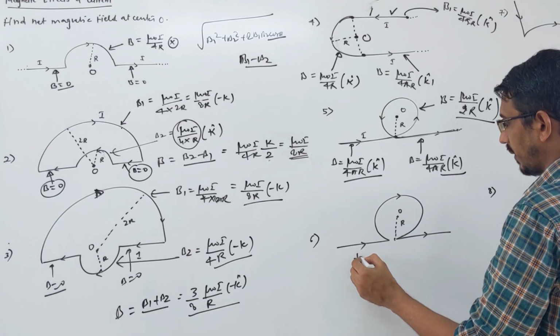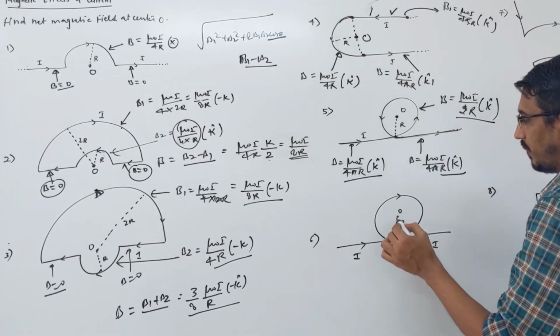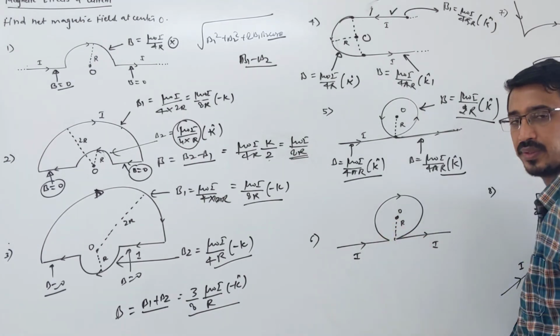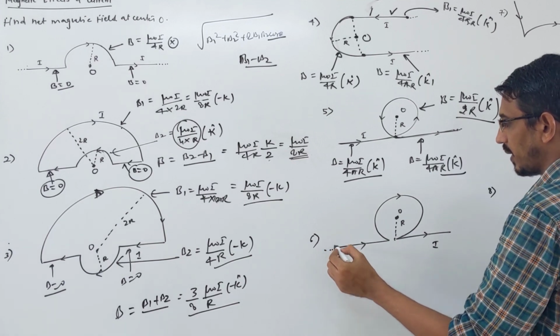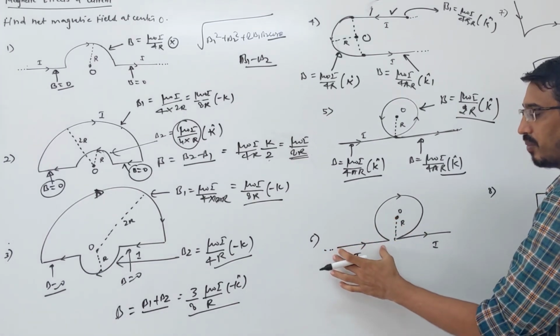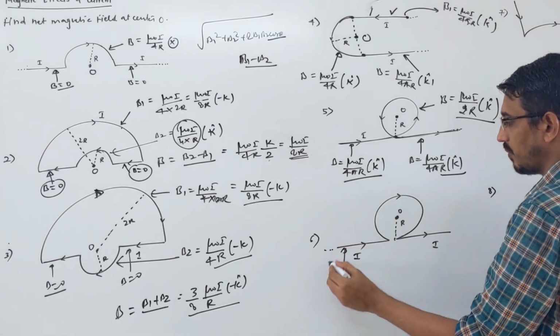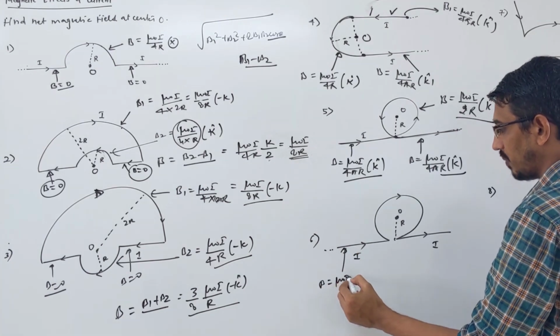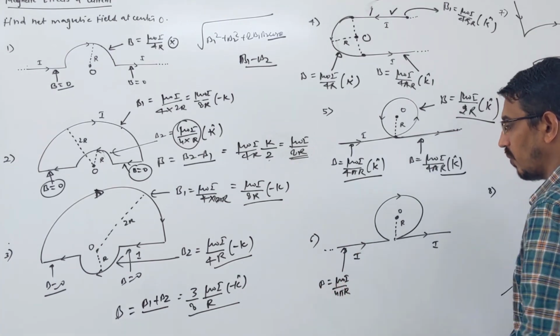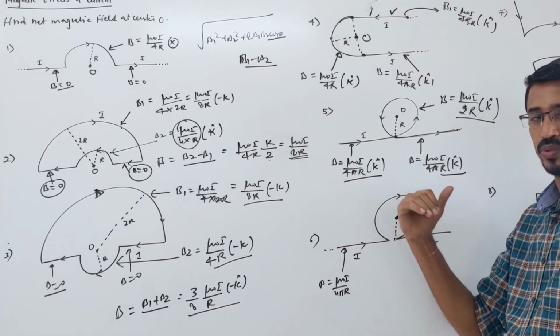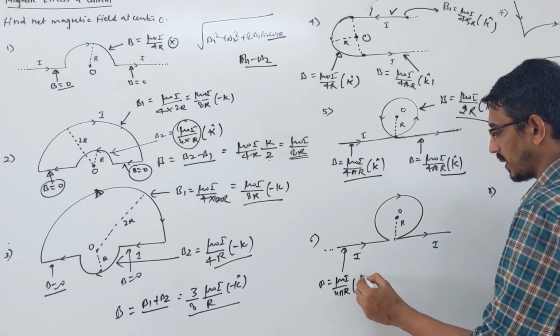Same loop is like this way. Watch here. Okay, we want to find net magnetic field at this point. Then what is the answer? This wire is again infinite long, and this point is again end of this wire. End of the wire means same formula. B is equal to mu naught I upon 4 pi r. What is direction of field due to this wire? Outward. Outward means your plus K.